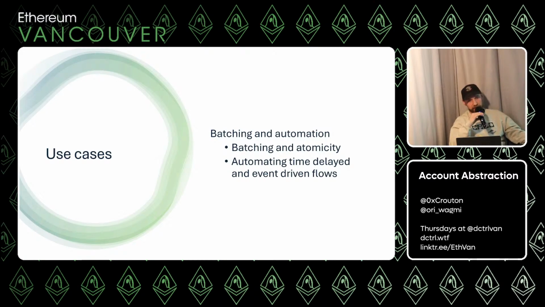And then this automation piece, or time delays, or event-driven flows. It can be like an if-then statement, like if ETH hits $5,000, I want to buy 2 ETH or whatever. But it'll only happen if it hits that price, and I can set something like that up to automatically execute without needing to be there at the time and sign that transaction. So that's event driven, or it can be time driven. Like I was talking about the DCA, every week I want to buy $1,000 worth of Ethereum. I can set up these things with an account abstraction enabled situation.